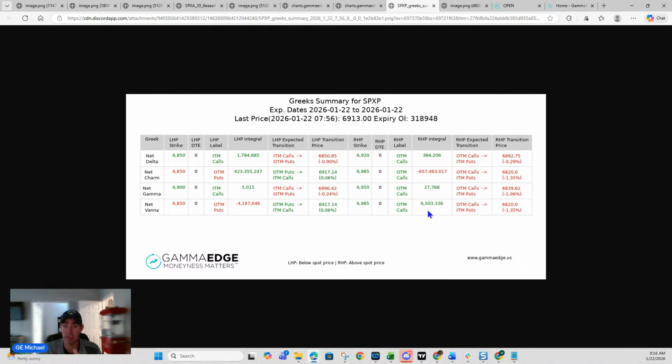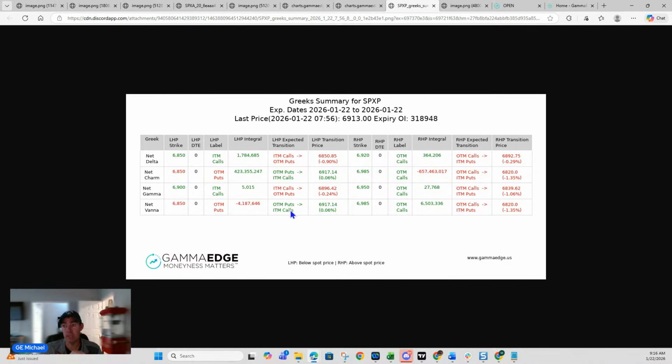So again, this could be our tailwind. And we talk about where that changes out of the money calls to in the money puts. Again, at 68.20, that's well below where we're at. So Vanna tailwind most likely is where we're going to be at. And 69.85, if we did get above 69.85, we'll have a large tailwind on the Vanna side that would drive us towards 7,000. Again, not anticipating that today, but understanding where these transition points on Vanna are. 69.17, where we go